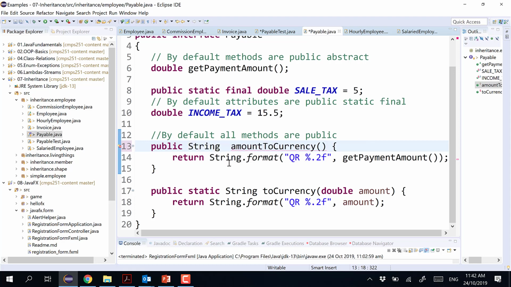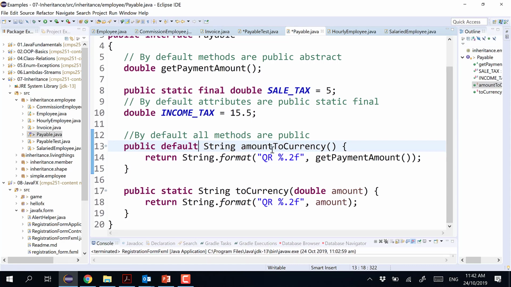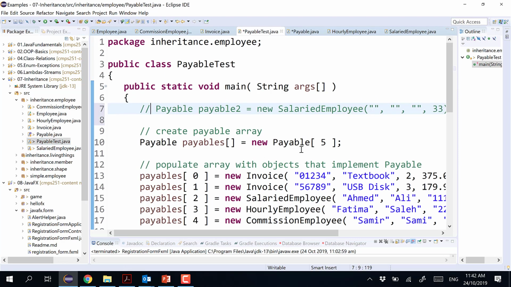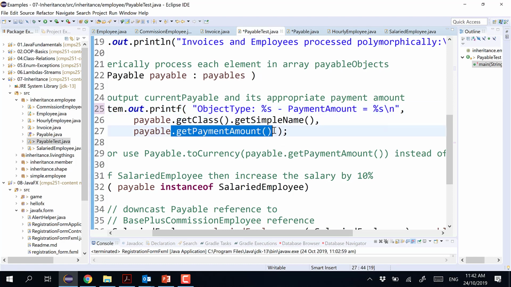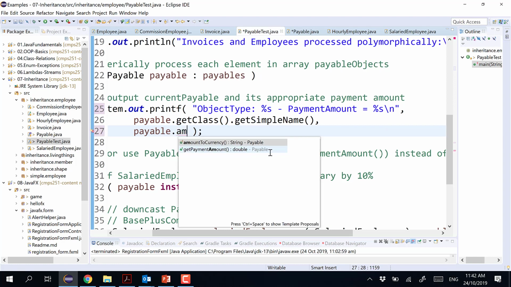Of course, it has to be placed before the data type. The interface is now happy. And what this is really doing, it's taking the get payment, which is abstract, and displaying it as a string with currency symbol. Yeah. So if I come to my payable, instead of putting here a float, I can put a string. And in here, instead of get payment, I will do amount